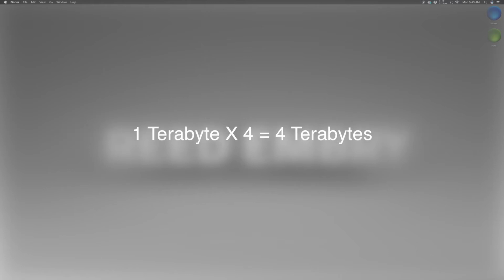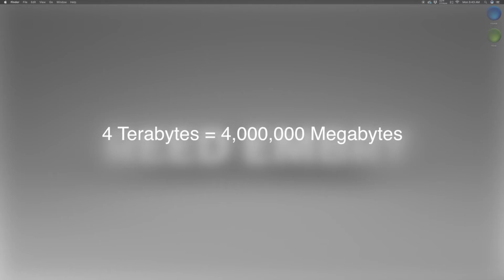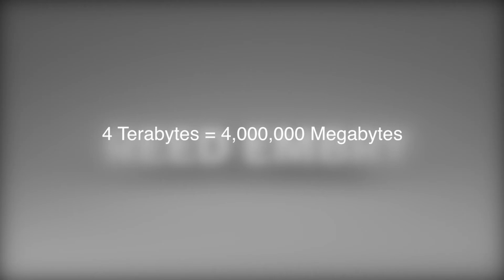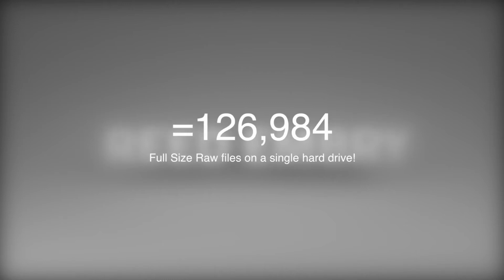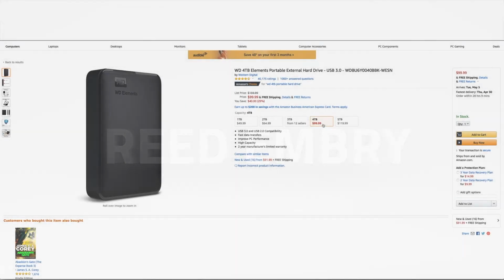Now, I'm going to times that by 4, because we are going to give an example of a 4 terabyte hard drive, which is going to give us 4 million megabytes. Now, if you take that number and divide it by 31.5, which was the size of our RAW file, it gives you a number of 126,984 individual full-size RAW images that you can fit on a 4 terabyte hard drive. That is a substantial amount of work that you can put on one hard drive for not that big of an investment. So the amount that you choose to invest in your hard drive is completely up to you, but